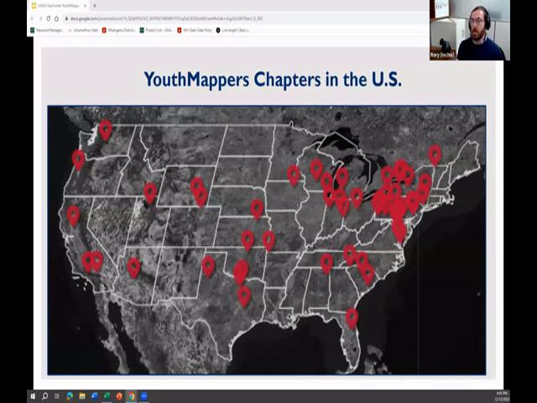We have very low requirements to join YouthMappers. You just have to commit to doing 2 projects a year and submitting a final report or an annual report. And I think while we are really successful overseas, that's where the USA kind of targets our energy. We're really looking for other federal agencies to help support us with projects and work domestically, so our chapters there can be supported as well.